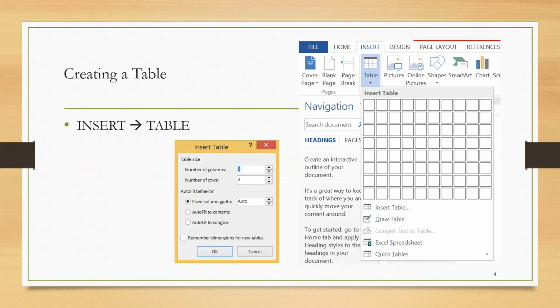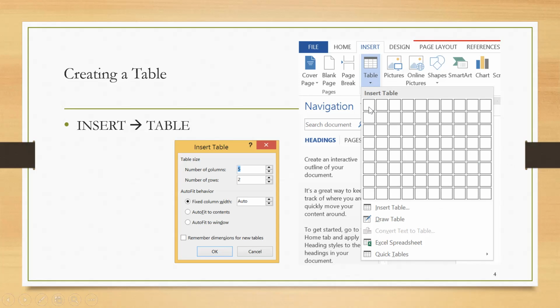We have a few ribbons or menu bars in the MS Word top area. In that you have to go to the insert ribbon. From the insert ribbon, you can find an option called table. If you click table, you will have these kinds of options.